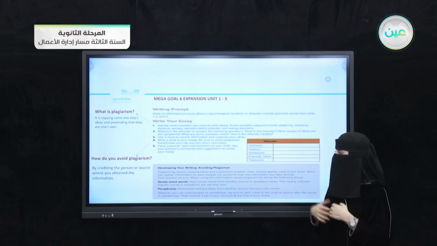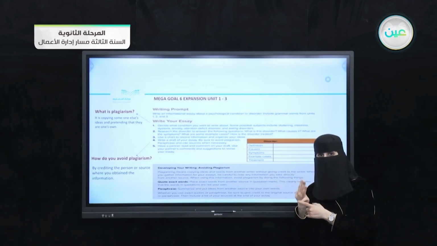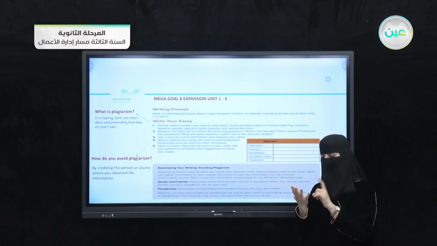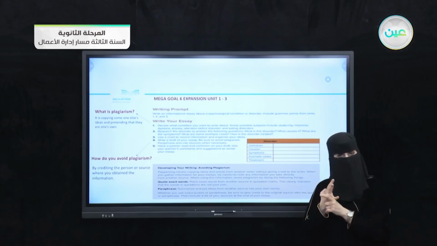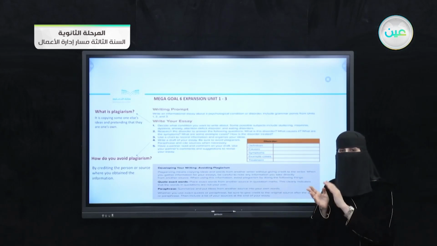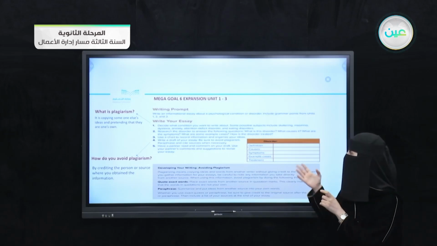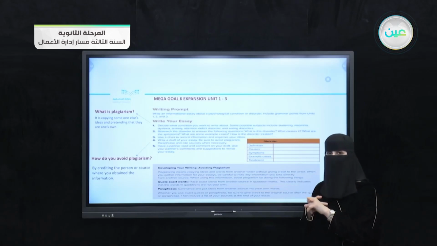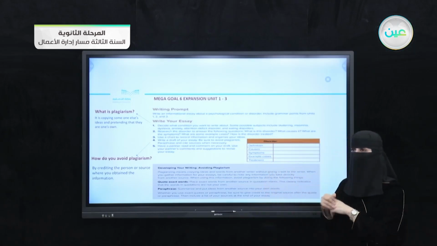As I mentioned, I want to give a conclusion for our lesson. At first, we answered some questions after reading the passage. Then we applied idioms and words and what their meanings are. After that, we applied noun clauses and how to avoid mistakes and write the right way with noun clauses. And the last one, how we apply the writing format when we want to write our essay by following these steps.